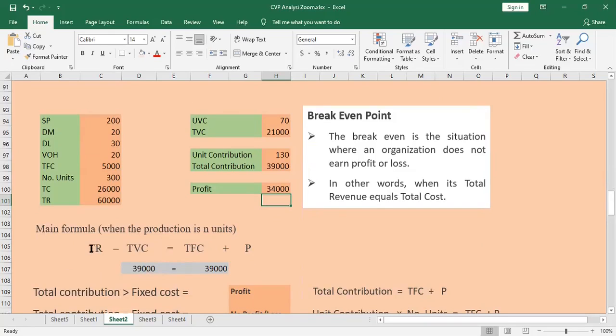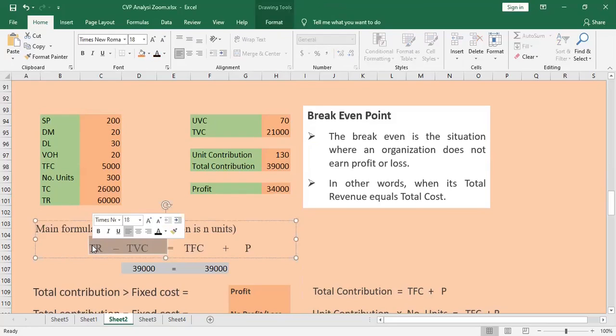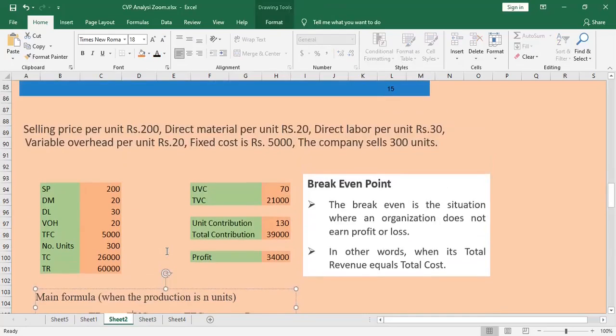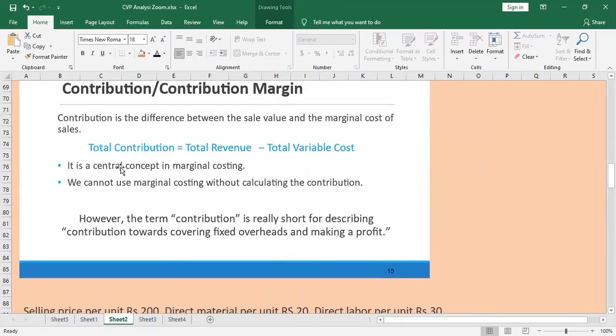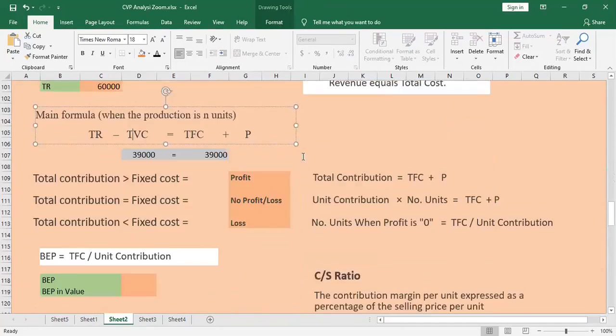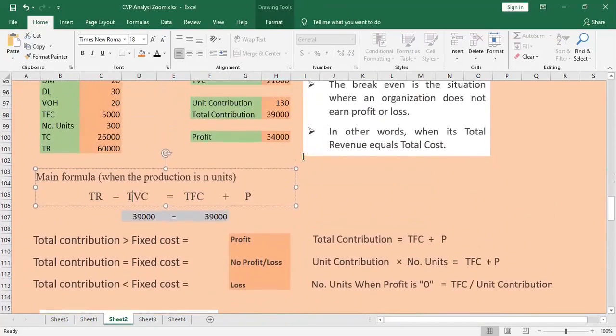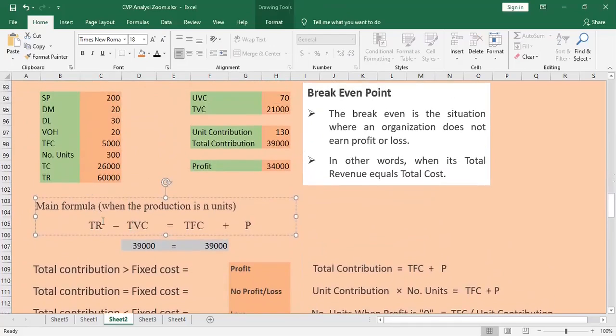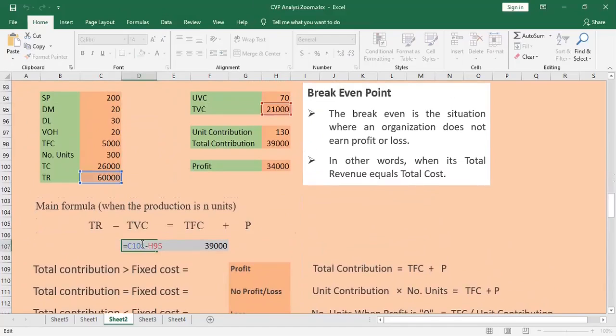Now we have total revenue minus total variable cost. What is that? That is contribution, right? That we already discussed. Here, total contribution is equal to total revenue minus total variable cost. That is what I have displayed here, total revenue minus total variable cost. Here that is 39,000, that is the contribution,